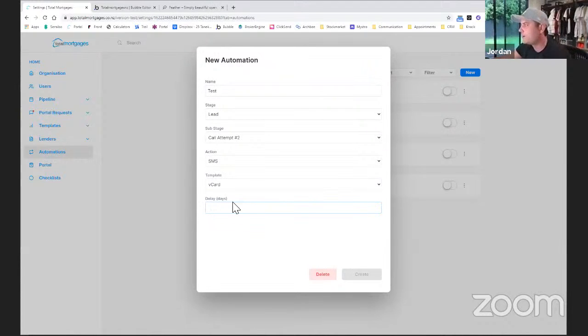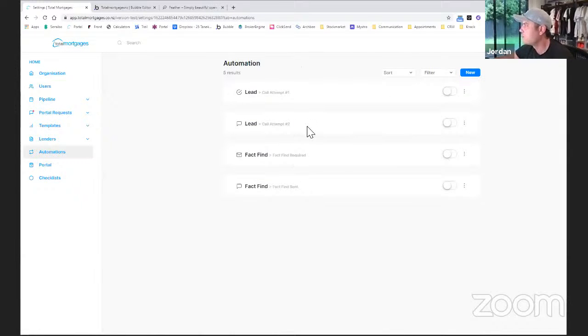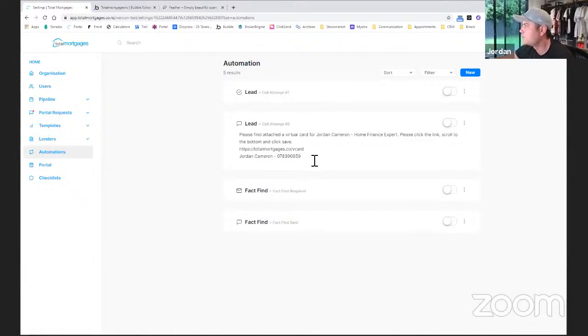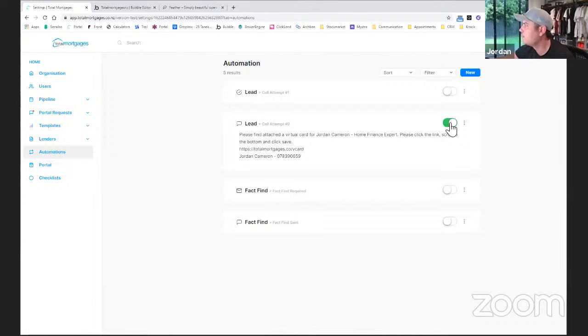And then I wanted to put in like a number of days delay. So I might go like after the stage is in there for 2 days, then run this. So I haven't been able to hook that up yet, but everything else is working. So basically I'll create that. This will pull through the template. I've got an on and off button, so it only works if it's on. But basically if I turn it on, and then if I go to lead attempt 2,